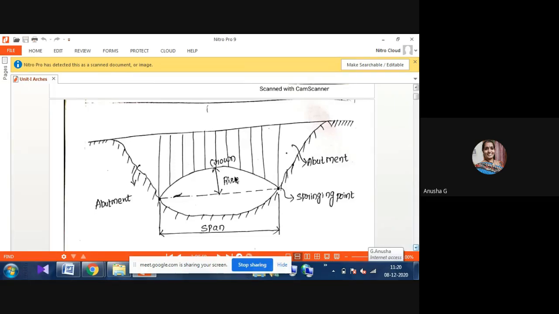Now let us come to our class. Here you can observe this one is the arch, and the total rise of the arch is the total height measured from the horizontal distance, whether below or above the ground. This one is our span. This one is our arch size. Suppose this one is our lintel. You have to observe from this lintel to the total, maximum height of the arch, which is called the